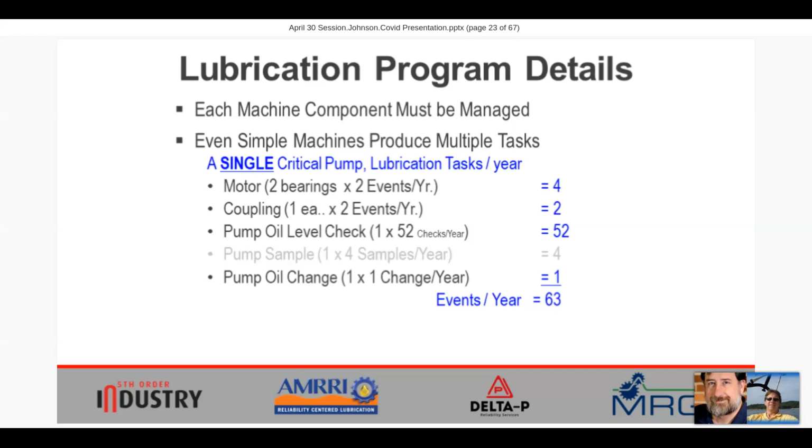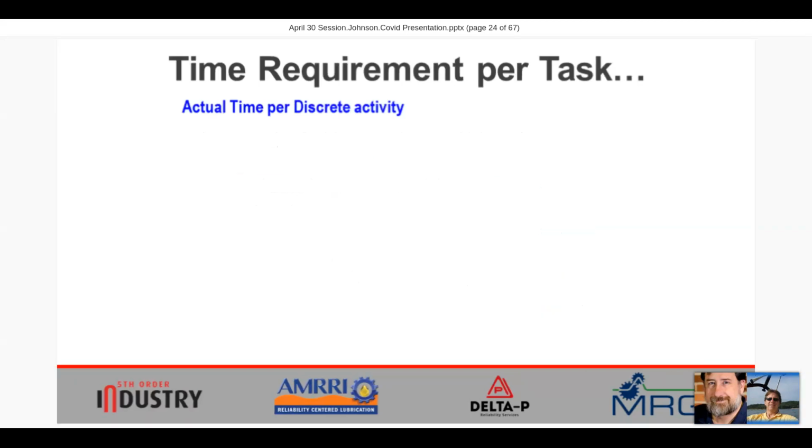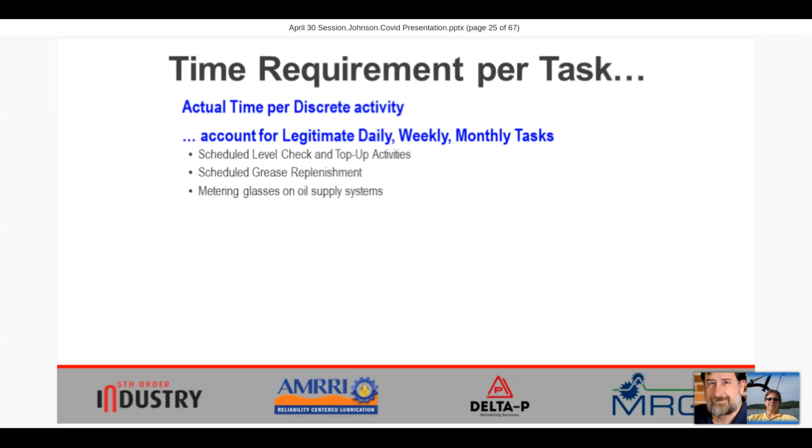And each task requires a time allocation. Now, for each time activity, we have the legitimate time that's required to do the work that must be done. Scheduled level checks, top-up activities, scheduled grease replenishment, checking of metering glasses on supply systems, replacing filters, topping up tanks, and a variety of things of that nature.